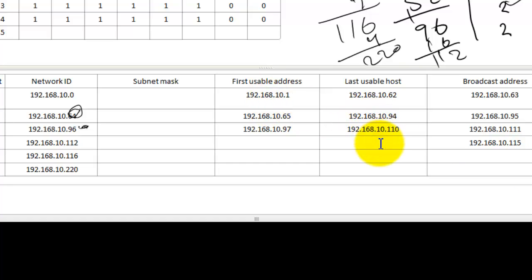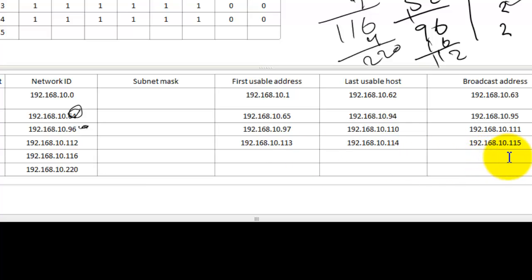Let's minus 1 from the broadcast. You get the last usable IP, which is 114. You're going to add 1 to 112. You're going to get the first usable IP, which is 113. You see here, you have 113 and 114, only 2 IP addresses, because 115 is the